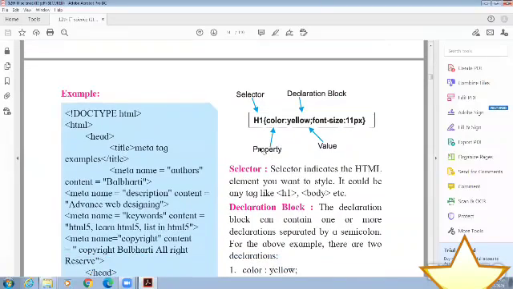So what is the syntax of CSS? It is the selector. This H1 is called a selector.